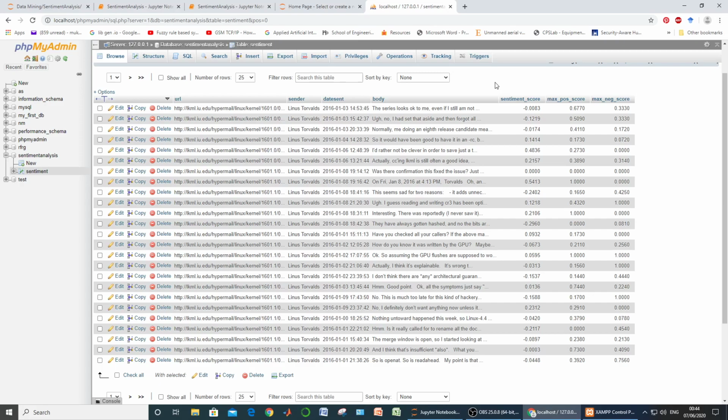So this is the work I expect you all to perform. Create two lists, one containing the 10 top-scoring emails on sentiment score, and the other containing 10 emails which have the most positive score for a single sentence, and then find the intersection of these two lists and generate them as the most positively sentimental emails.